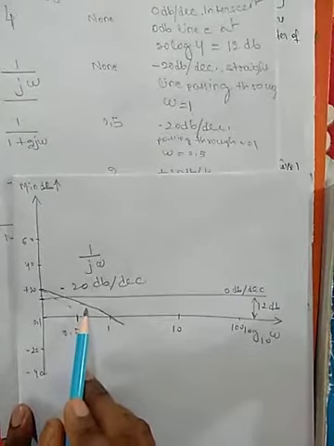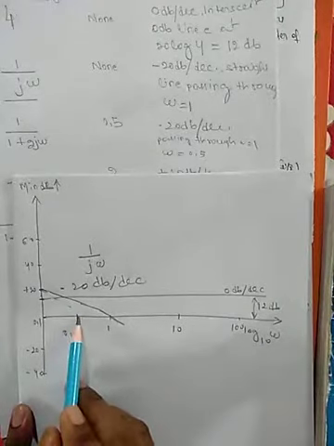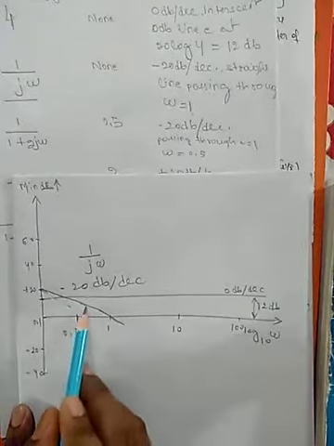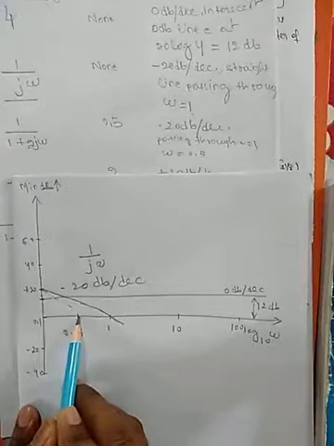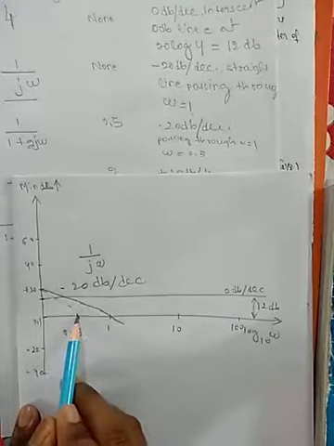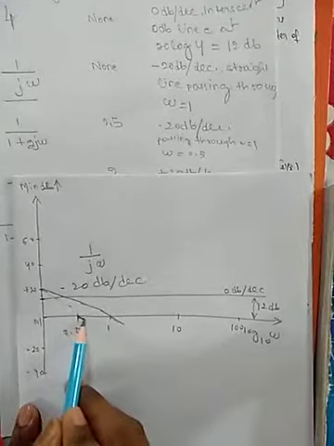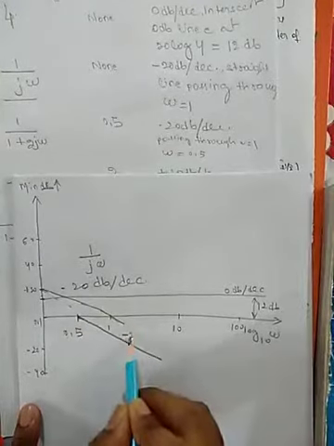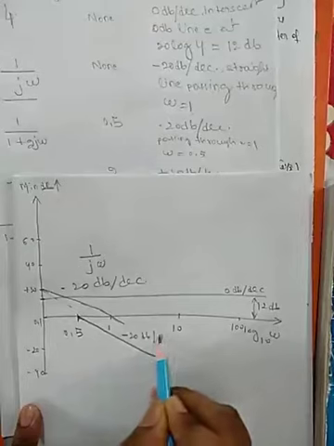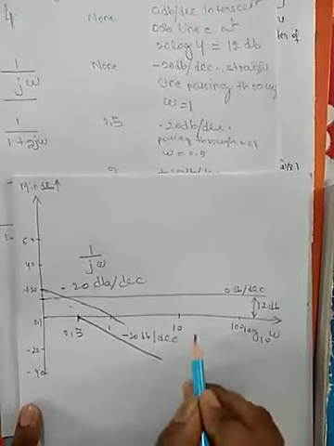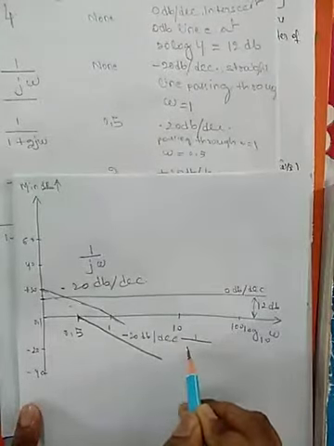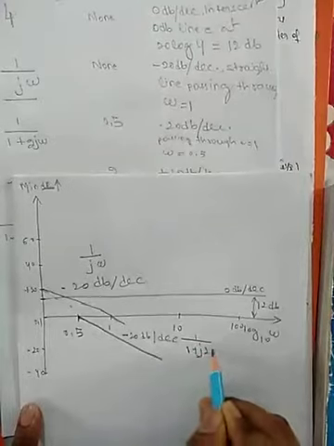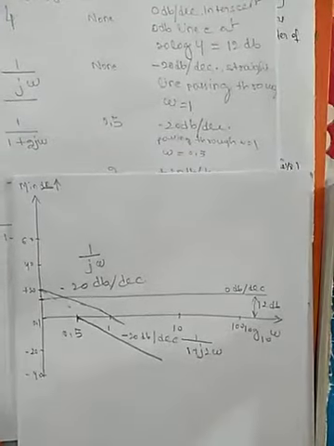Just draw a parallel line to this line, starting from 0.5. It gives minus 20 dB per decade for the factor 1 by 1 plus j 2 omega. Next,